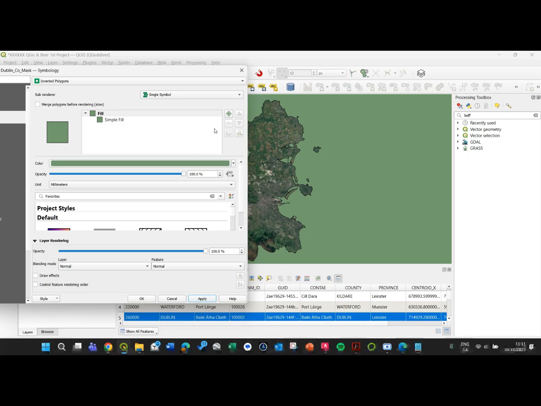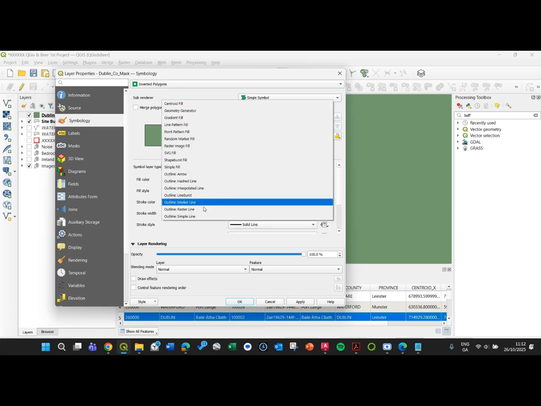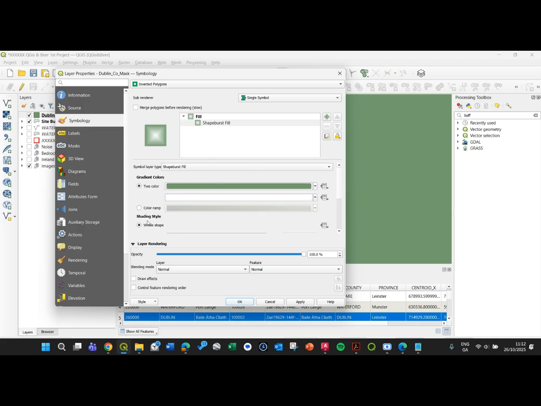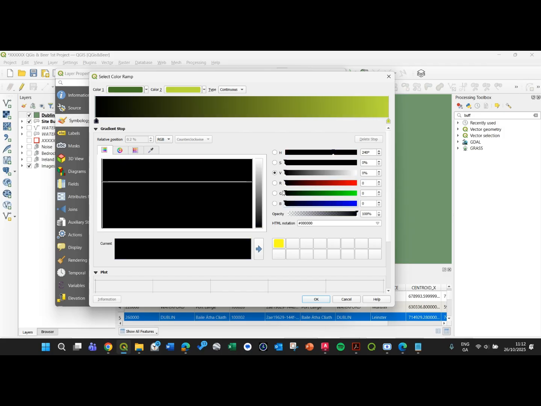It is inverting the symbology, so it's the overall idea of the mask. And let's change the colors. In this case as well, we will change from simple fill to shape burst. Let's find here shape burst fill, and color ramp. I'll click over to change this ramp. The first color, the closest to our outline, will be black. You just need to change the RGB to 0,